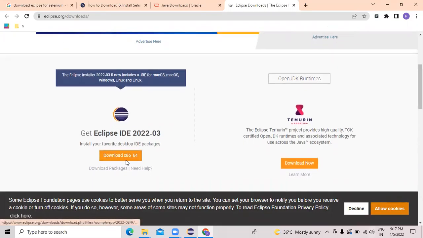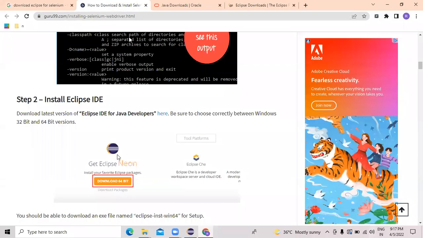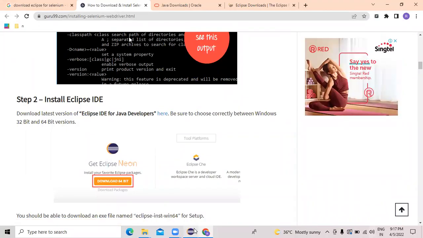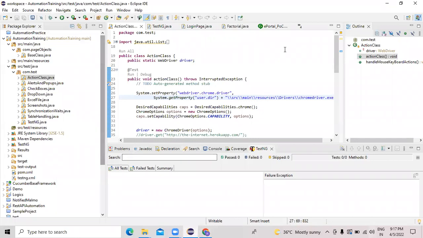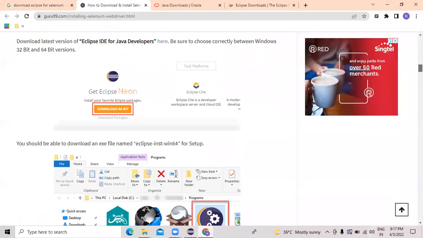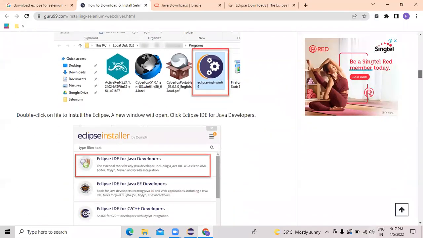It's the same for all. You just download this one, and that's all. You will have an icon like this. You just double click and that will open this tool. So once you install Eclipse and Java,